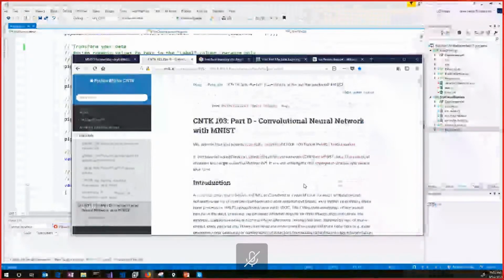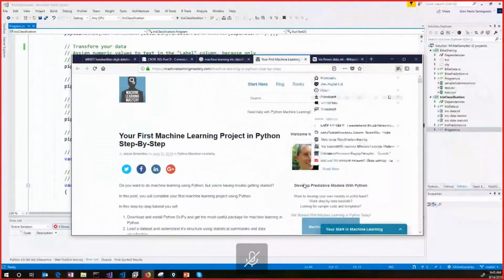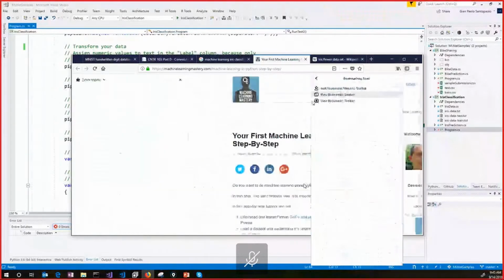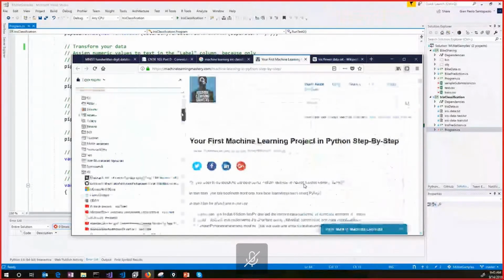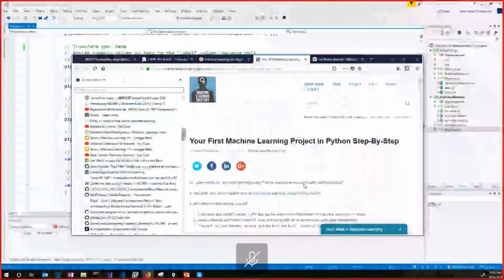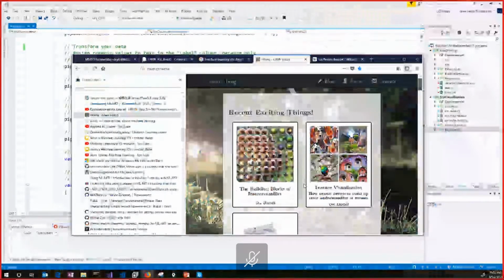So there is another very nice resource that I want to show you. Let me find it, because it's something that I really want to show you. Bookmarking tools, view bookmark sidebars. Okay, here we are, the most complex one. Let's see if I can find it very fast. Yes, this one. This is another blog that is in the resources, and it's very good.